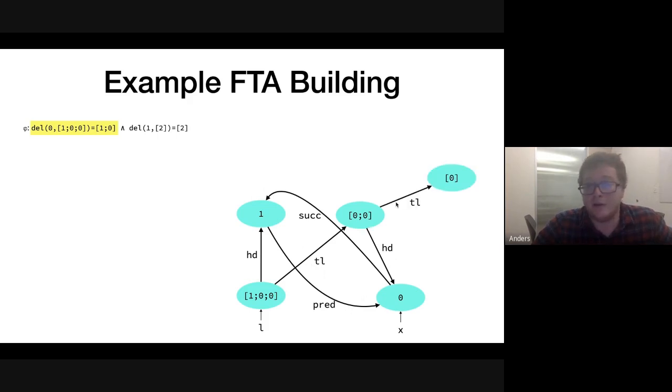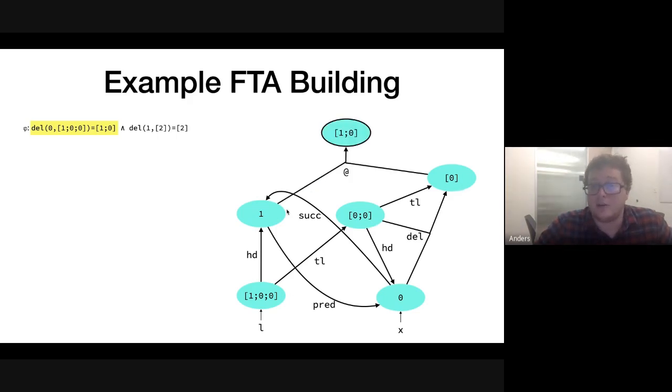If you've got the 0, 0, the tail of it is the empty list. Now here's a binary transition. Del is a recursive call. I'm calling del on 0, 0, and 0, and it can return singleton 0. This is where I'm doing an angelic evaluation. So I'm angelically evaluating one instance of deling 0 from 0, 0. It returns the singleton 0. I can do this append, which is another operation, and it can return 1, 0.